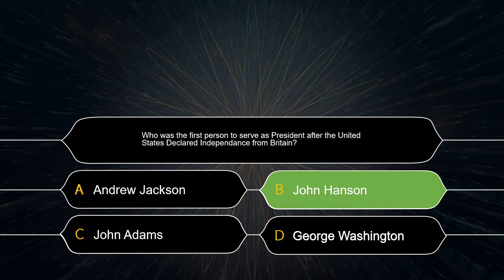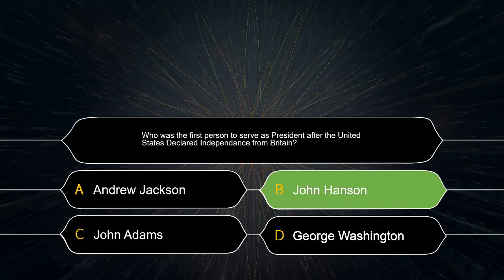On November 5th, 1781, Congress elected Hanson as president of the United States under the Articles of Confederation of our new country. He was the first of 14 people to serve as president prior to George Washington, who we know was the first elected by the citizens under the constitutional framework. But there were actually 14 presidents for our country before George Washington, each one of them serving usually 1 to 3 months, some a couple weeks, some a little bit longer, but typically a couple months.